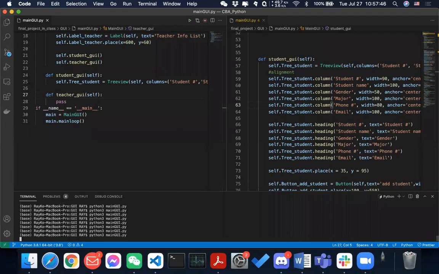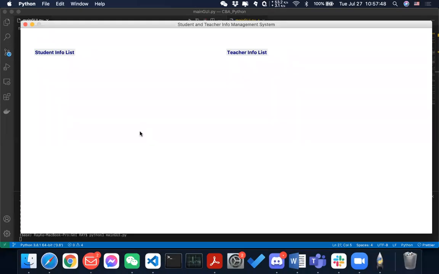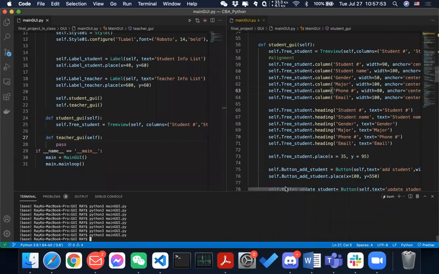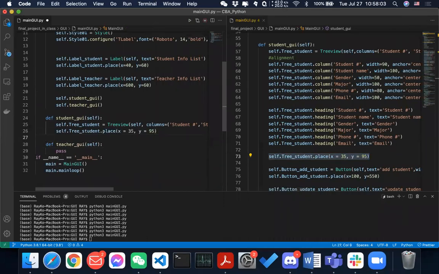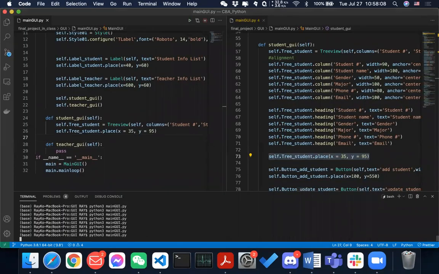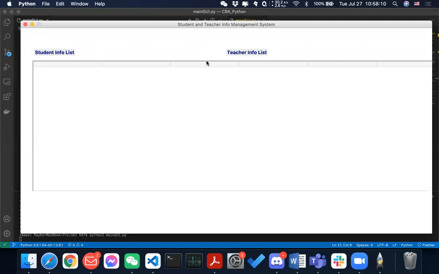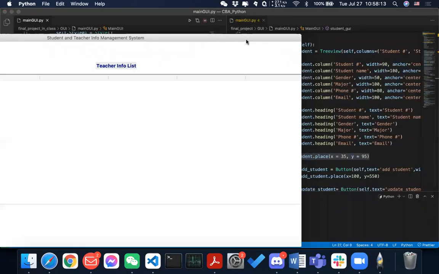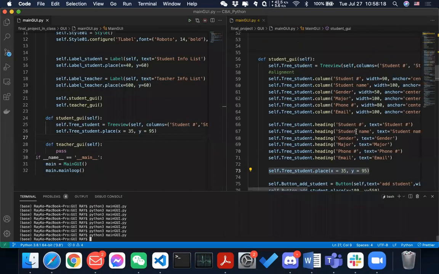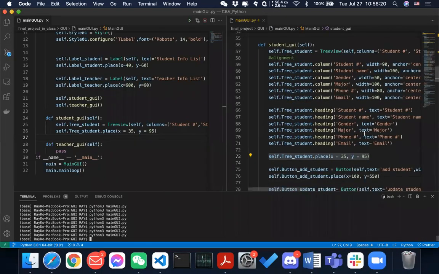So the tree does not actually have anything on it yet, and that is because I have not yet placed it. So after I do this place, that is quite long, but that is something we can deal with later. Okay, so yeah,